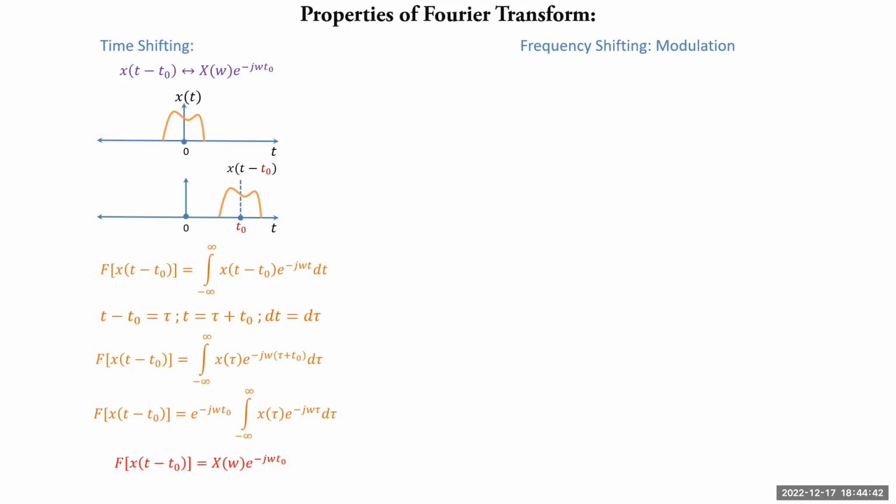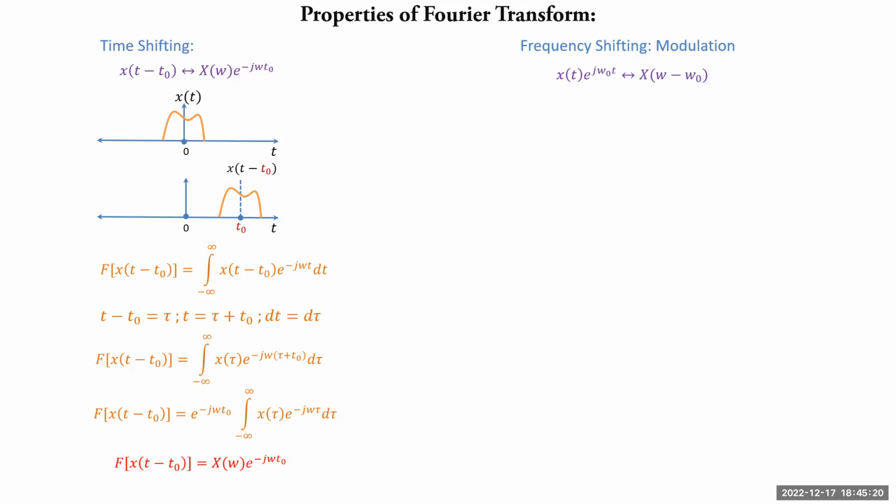Now another important property of the Fourier transform is the frequency shifting property, which is also called modulation, and this is a very important property. One can use it in solving many problems in signal processing and communication systems, especially the analysis of various modulation techniques such as amplitude modulation, frequency modulation, phase modulation, and even digital modulation techniques like ASK, PSK, and FSK. Now here, the frequency shifting property is defined as: if x of t is transformable to x of omega,